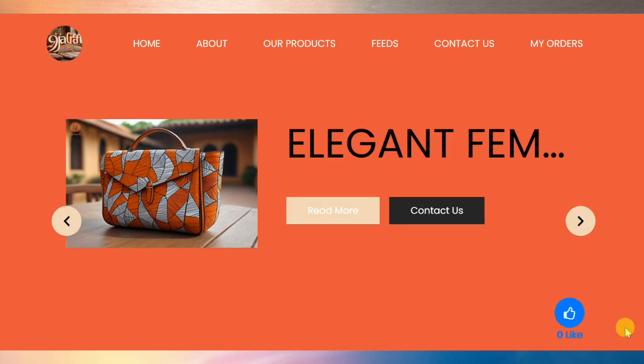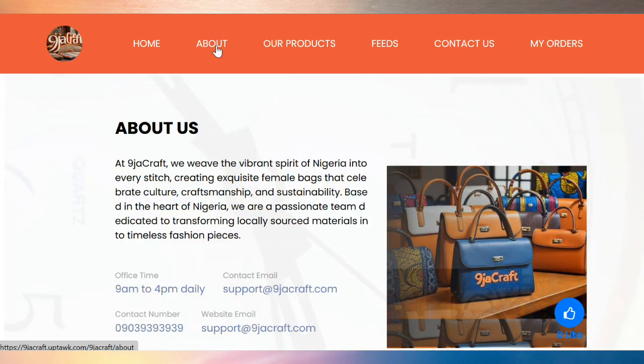You can see the home, which is where we are now, the home page. You can see about us. See at Nigeria craft with the vibrant spirit of Nigeria into every stitch, creating exquisite female bags that celebrate culture. This is what we crafted using Grok, if you can still remember.